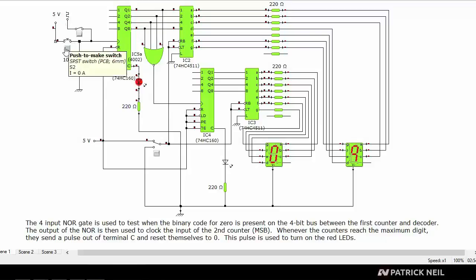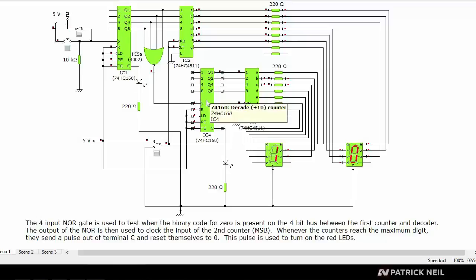Now when we make another pulse, it's going to reset itself and go back to 0. At this time, this carry output is going to go back low, so the LED is going to be off. And at the same time, this counter receives a low to high transition from the output of this NOR gate, and this counter receives 1 pulse as a result and changes this digit to 1, while this one is going to cycle back